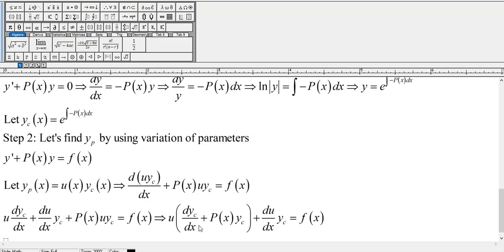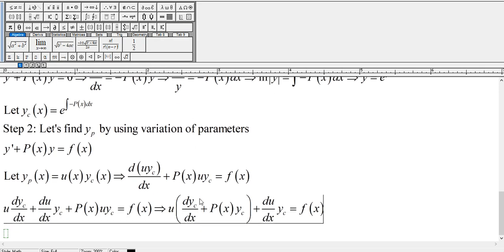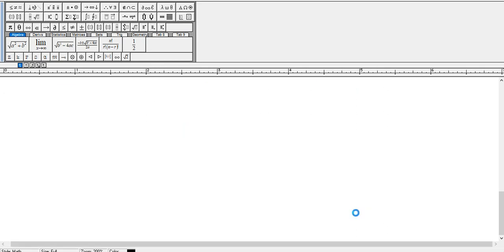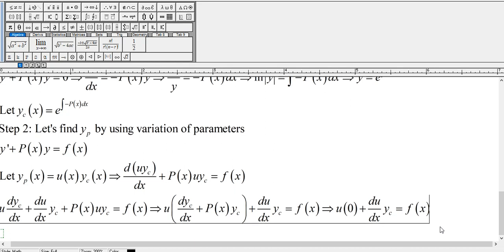So, remember what we said, what this was, right? If you come up here, remember, this equals 0 because it was a common solution, right? So this equals 0, which just is going to leave me with this. I hope that makes sense because we defined it to be 0. So this whole thing right now is 0 by definition because it was the common solution,